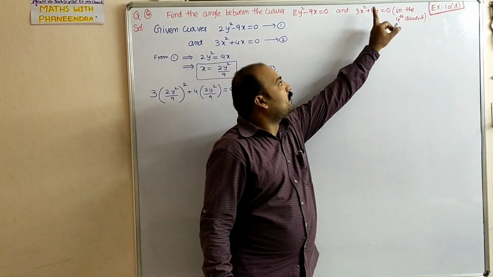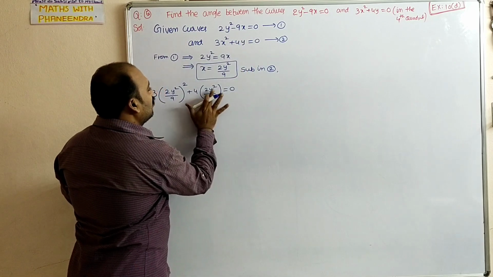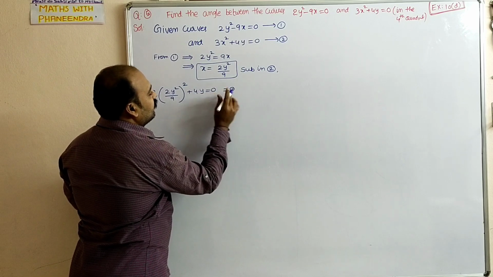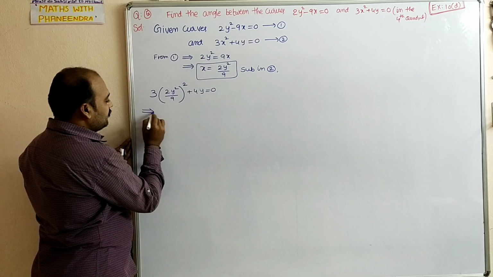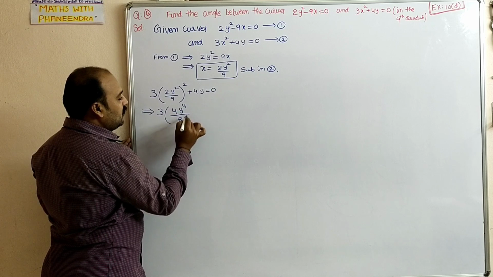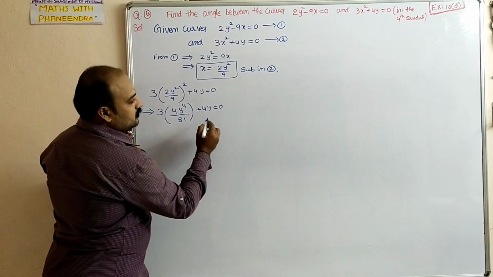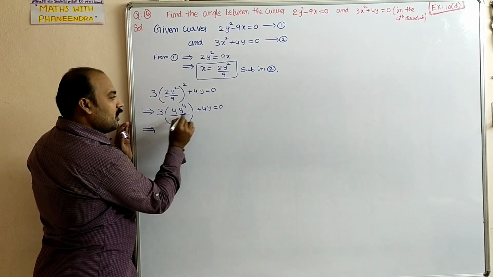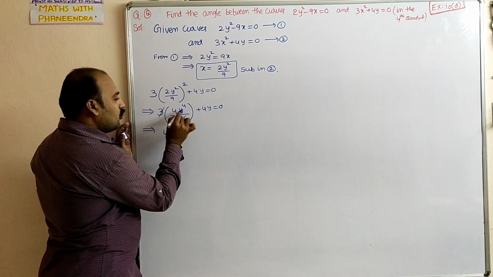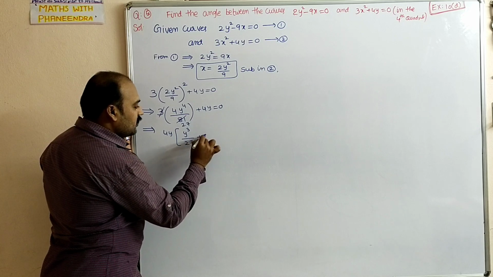Here the curve is 3x square plus 4y equal to 0. So here also plus 4y. This value won't come, only plus 4y equal to 0. That implies 3 into (4y) power 4 divided by 81 plus 4y equal to 0. From there, 4y, if you take common from these two, before that 3 ones are 3, 27s, 4y, if you take out common, the remaining is y power 3 divided by 27 plus 1 equal to 0.